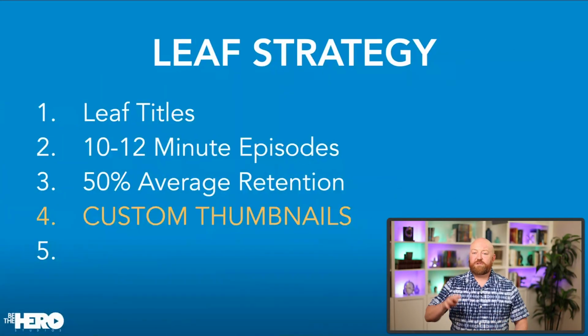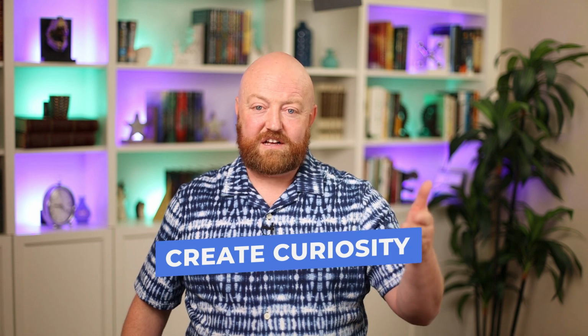Ingredient number 4 is custom thumbnails. Thumbnails are extremely important. Thumbnails have become very, very competitive on YouTube. So you've got to create some still image, some marketing piece that people will see right along with the title. The title's always displayed below it to encourage people to click on it and watch your video. So in the thumbnail, you might want to have a picture of somebody sitting at a computer and maybe the text that says CEOs never tell you this. Something that will create curiosity that relates to the topic you're going to be talking about.